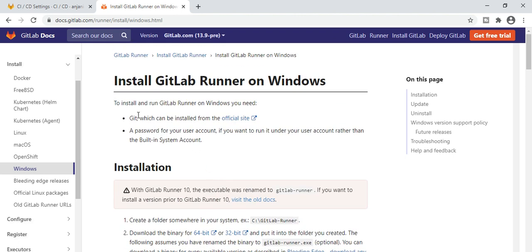Yeah, so it redirects me to the documentation page on how to set up and how to register. There are two steps. First you need to install and set up, and then second you need to register this runner.